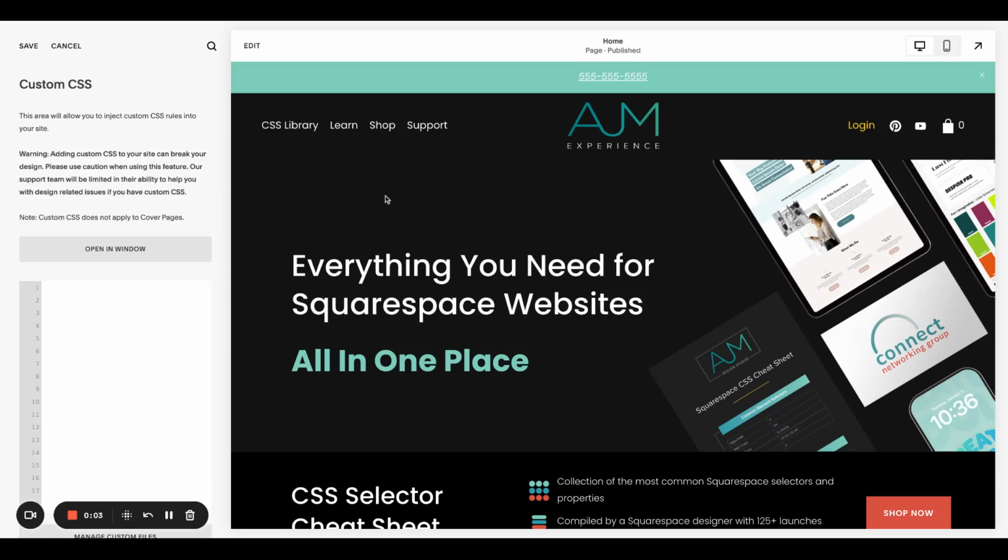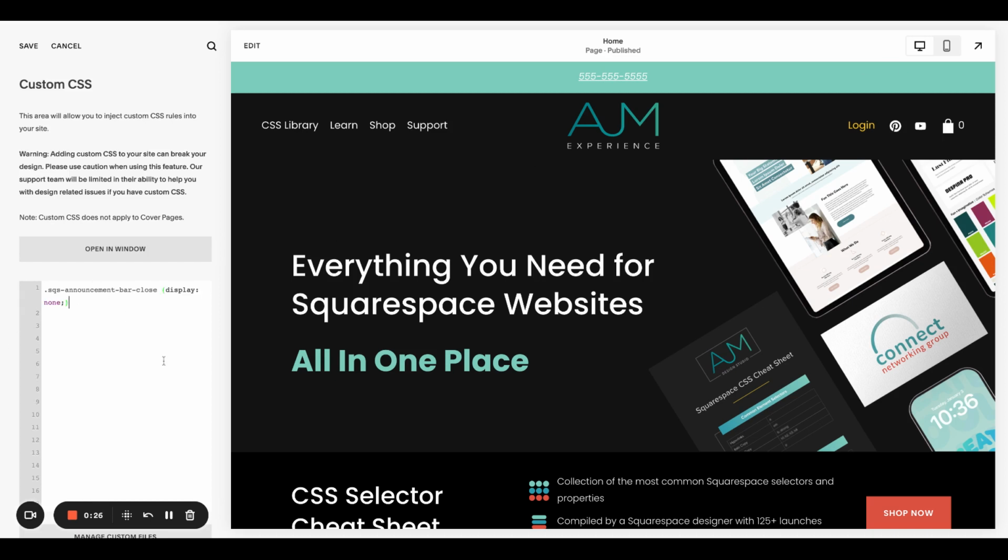So above in the post correlating with this video, I did make a quick video showing you how to go ahead and turn your announcement bar on, get it generally styled. But now I want to show you some CSS hacks to make it a little bit more usable as a secondary navigation. So first and foremost, you want to remove the X, this here in the corner, so visitors can't